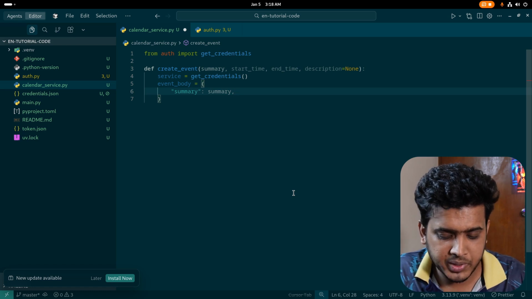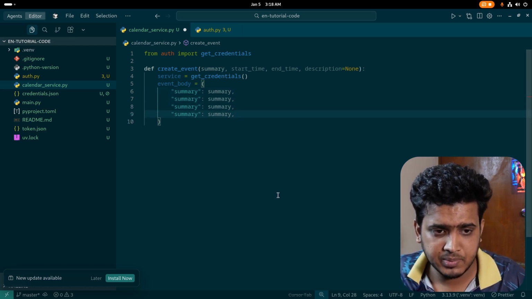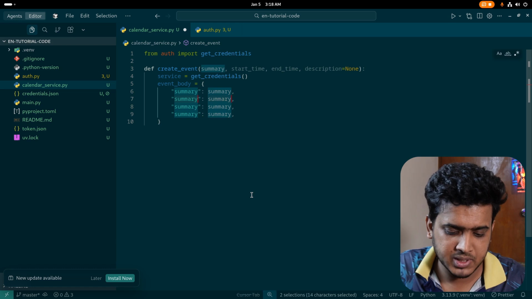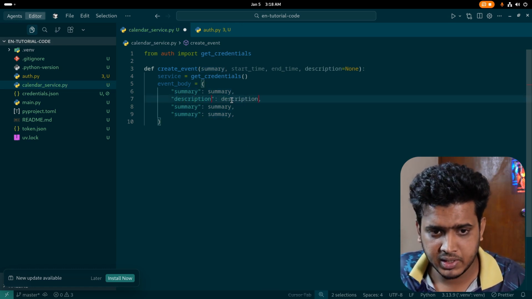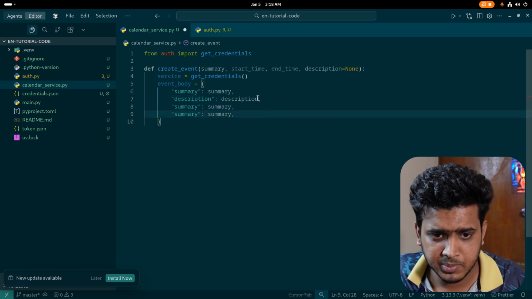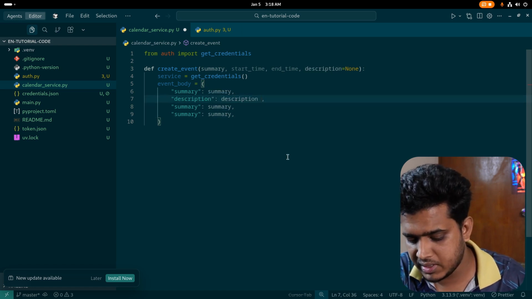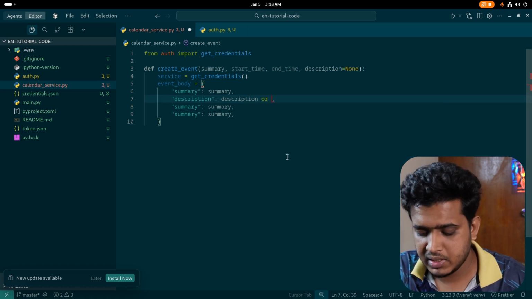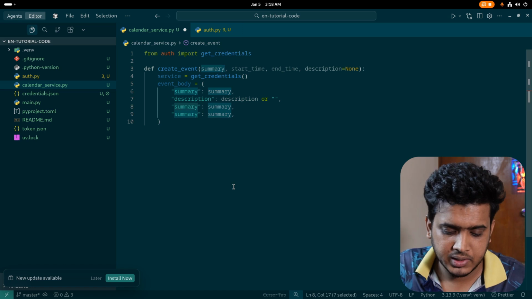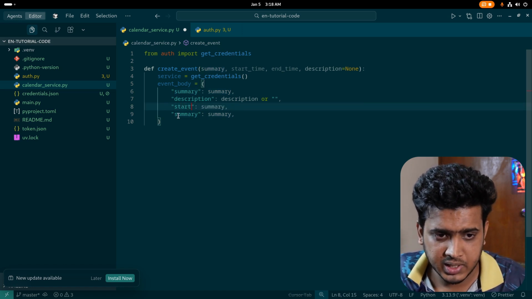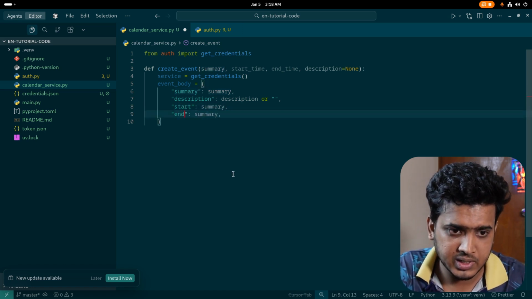Let me just copy and paste it below 3 more times. The second one will be for description, and since this can be None, if it is None, then we are going to set it to an empty value. Here for starting time and for ending time,